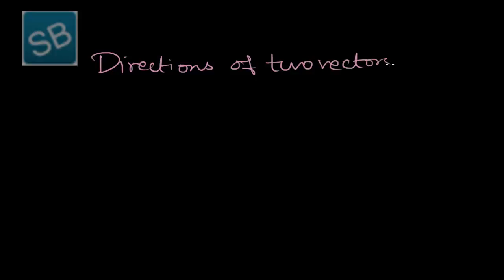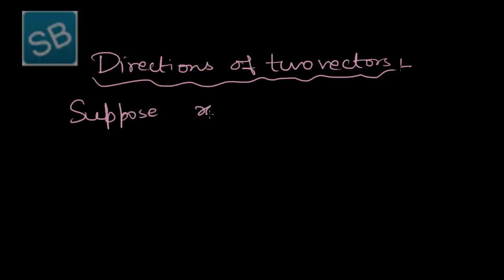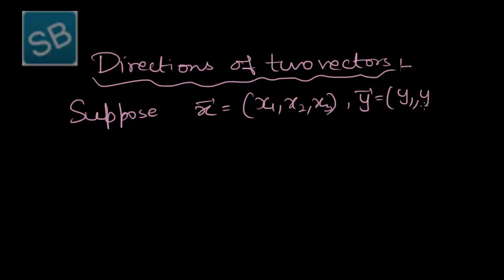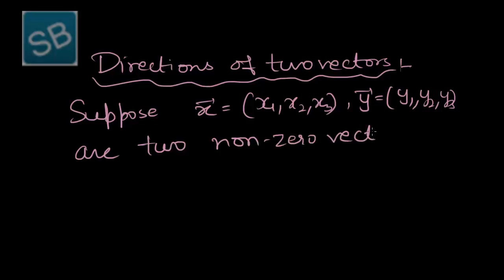Now the next topic is directions of two vectors. For vector x with components x1, x2, x3 and vector y with components y1, y2, y3, which are two non-zero vectors,